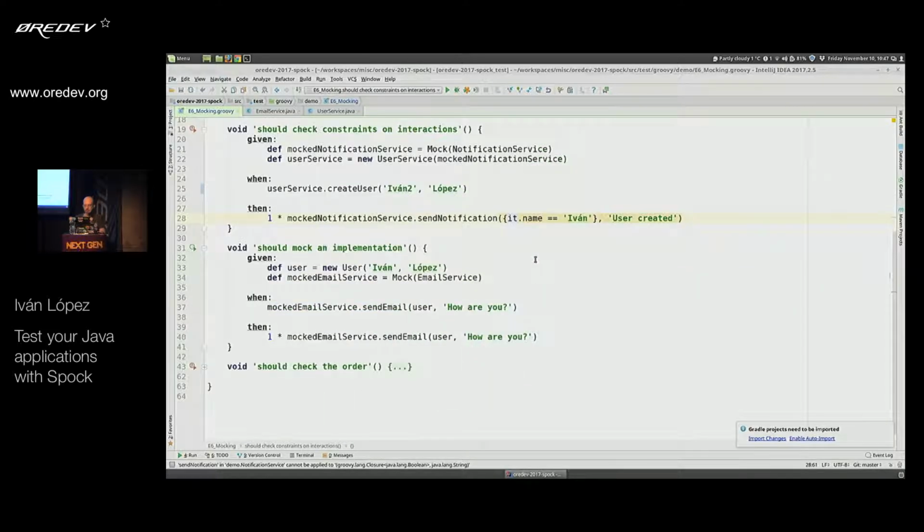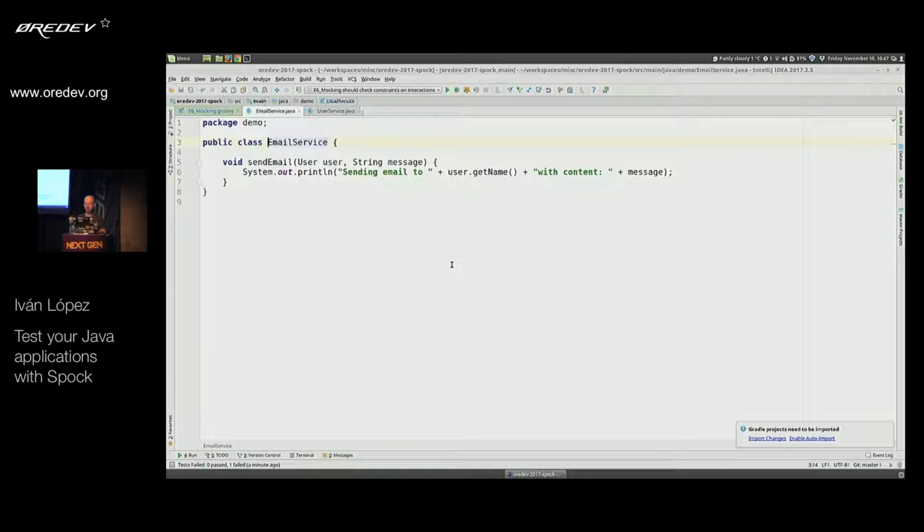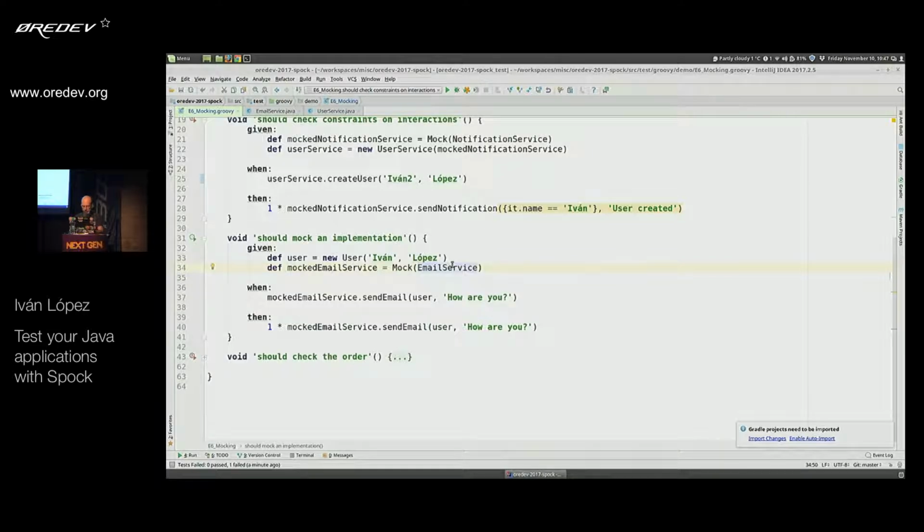OK, perfect. So yeah, sometimes you cannot mock an interface. You don't have an interface. Because imagine, this is my code, but maybe this is from an external third-party library, and you only have the implementation. There is no interface. But you need to deal with it. So to do that,